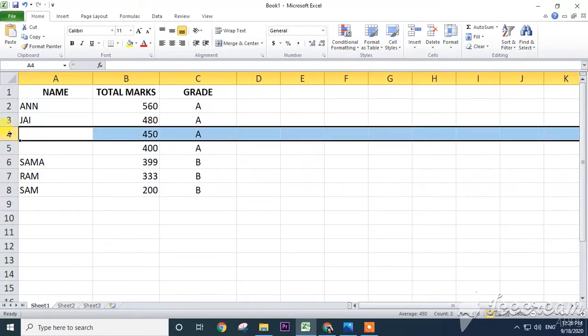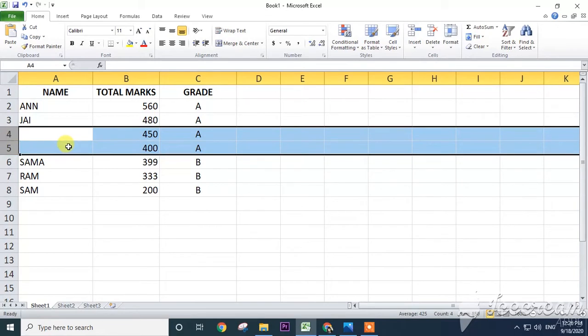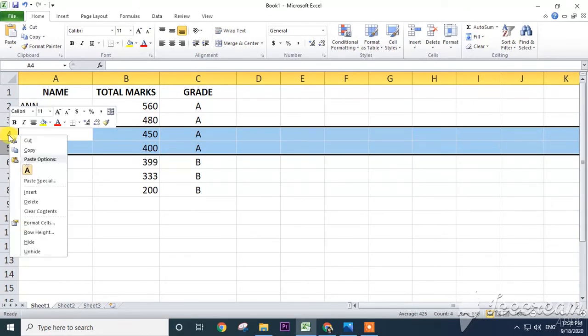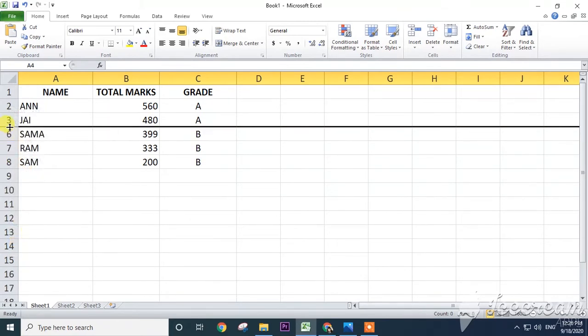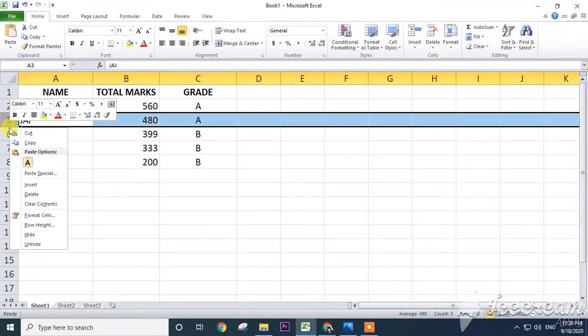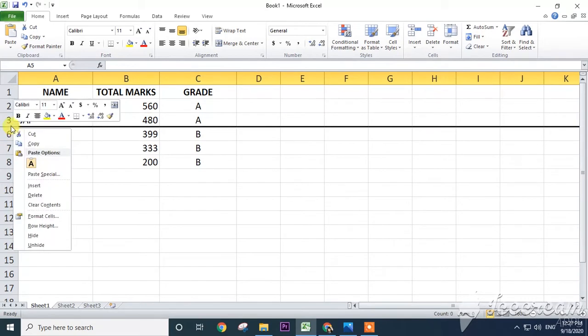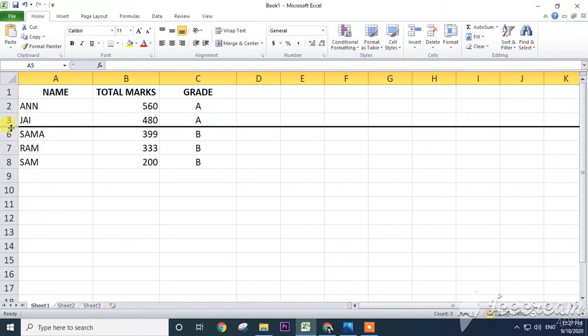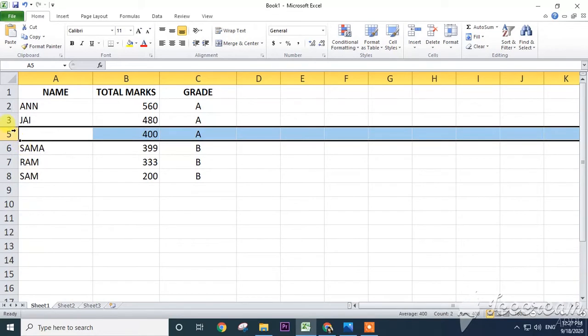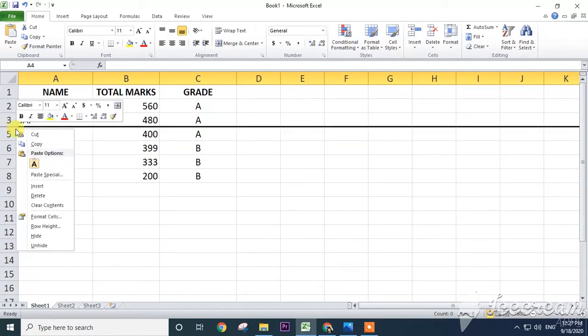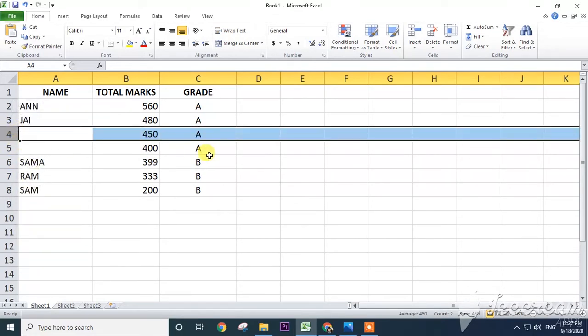Now I want to hide these two rows. Select these two rows, and the second method I am showing, right click over there and choose the Hide option here. See, it was hidden here. How can you get it back? Same here, right click, Unhide option is there. Right click and Unhide. See, 5 is there. Now again I am going to right click and Unhide. See, 4 also back. In this way we can hide or unhide our rows and columns.